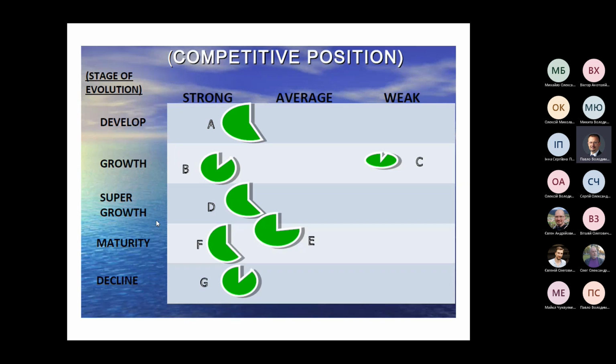And the general idea of Charles Hofer is the following: here we can see a company, all the strategical business units of the company, and it is very good for a company if we have strategical business units in all stages of life cycle, because